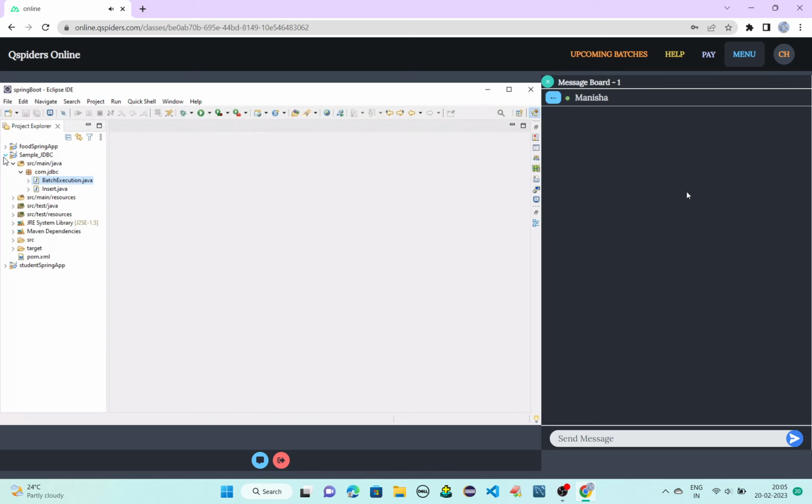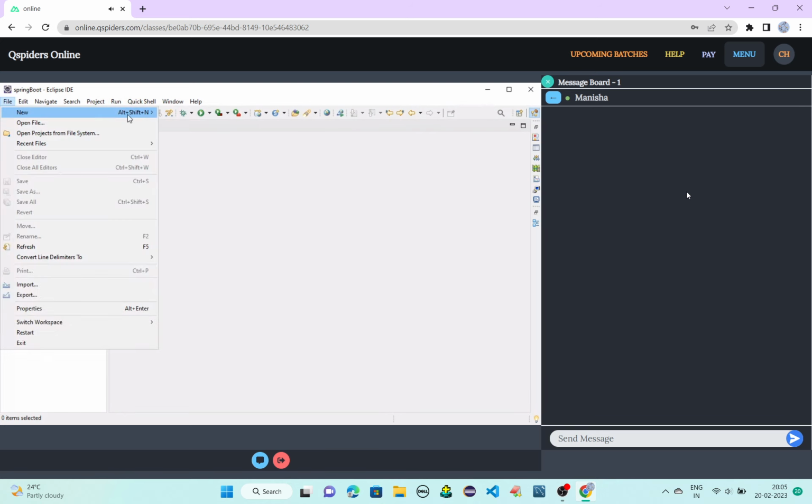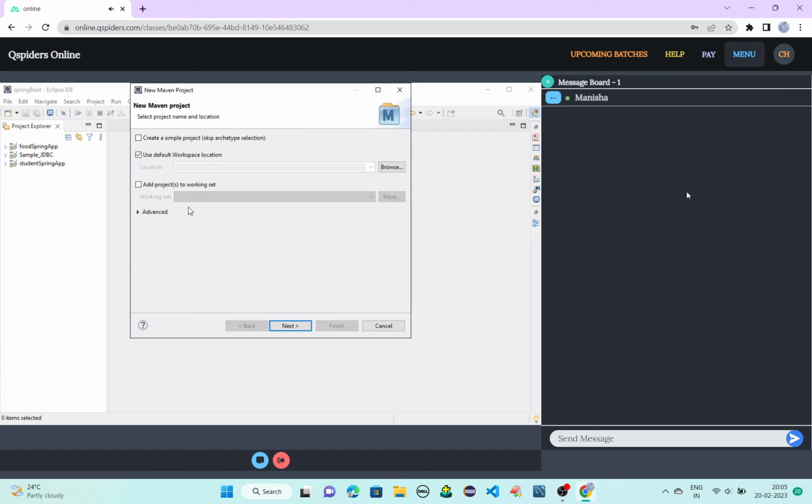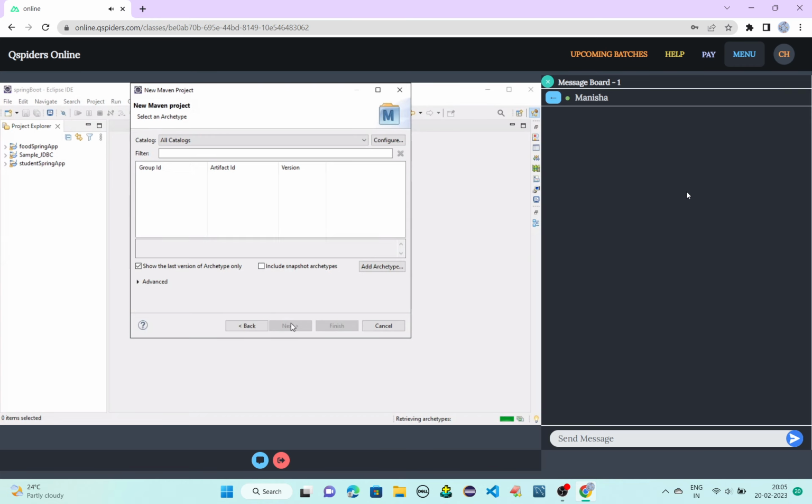Did you forget or do you remember it? File, new. Should we create a simple Maven project or what else should be done? Not simple, right? It is a web app project. So we'll go to next. So what should I write?